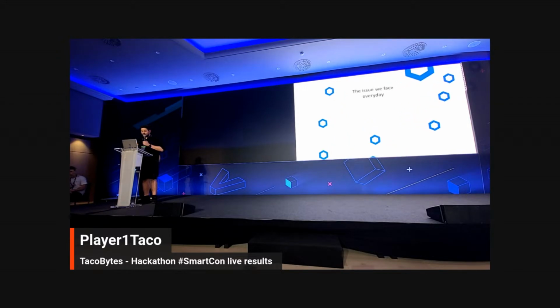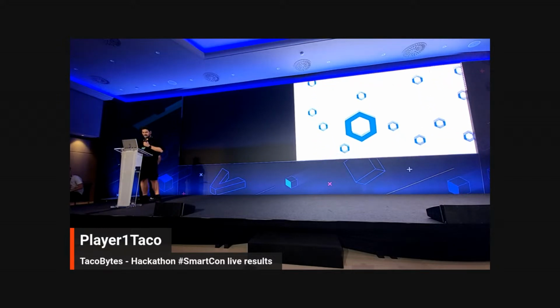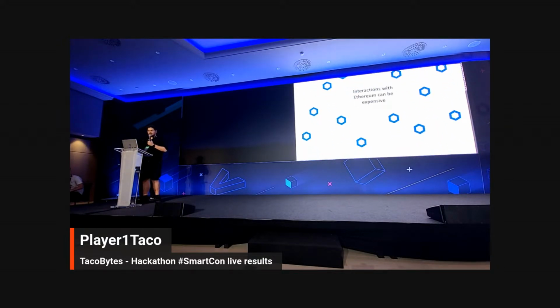The reason why we approached this way, we face the same issue every day, and this issue is interactions with the field can be expensive. You know it, I know it. I'm the guy on the stage, I can see all your faces. You all experience the same thing. Gas fees can be extremely high. But we found a way by using CK, zero knowledge proofs, and the CCIP, the great thing that Jenny invented